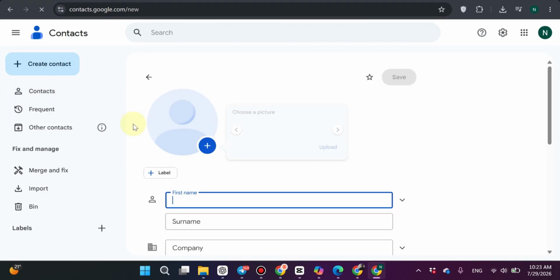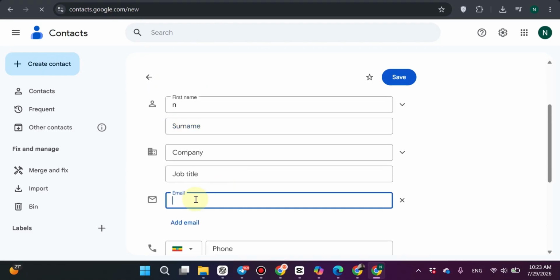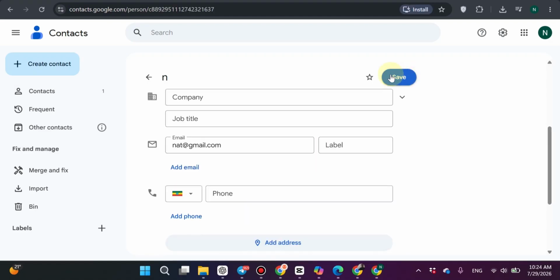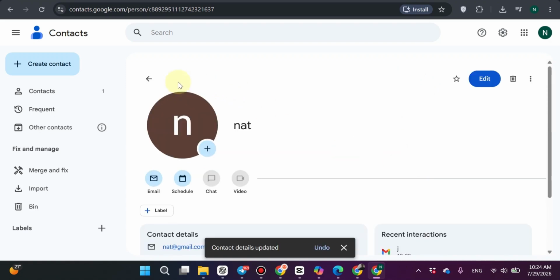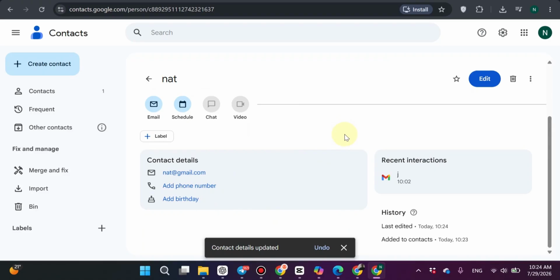Enter the contact's first name, last name, and email address. You can also add additional information such as a phone number, company, job title, birthday, or notes if needed. Once you've entered the contact details, click Save. The new contact will now be added to your Google Contacts and will automatically be available in Gmail when you